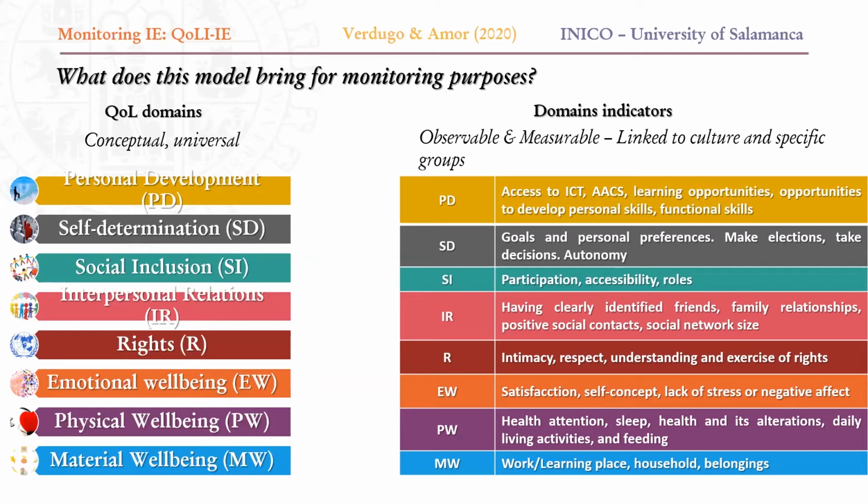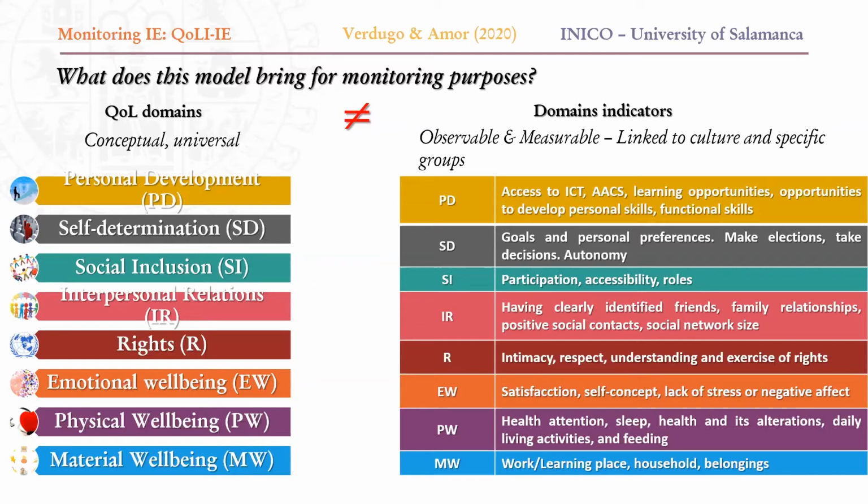In this sense, each domain is developed through observable and measurable indicators that constitute behaviors, perceptions, and conditions of each domain. While the domains are universal, the indicators are not. The indicators are linked to culture and to the characteristics of individuals living in such cultures. For example, retaking the previous example about people living in Africa and Europe, what is indicative of emotional well-being for a person living in Africa with a physical disability, probably it will be different from what constitutes the emotional well-being for a person without a disability living in Europe, although for both of them, emotional well-being is important in terms